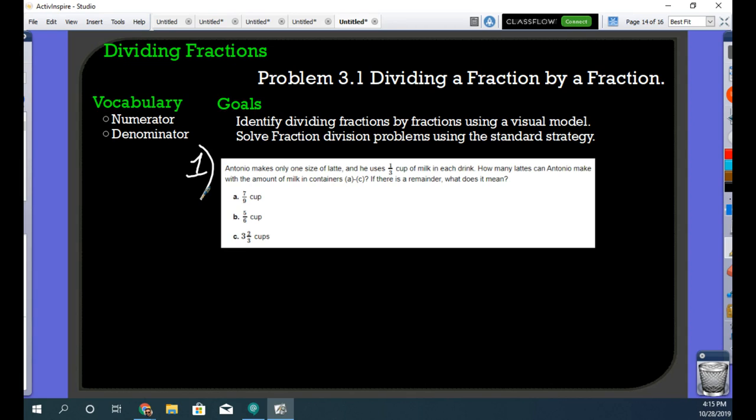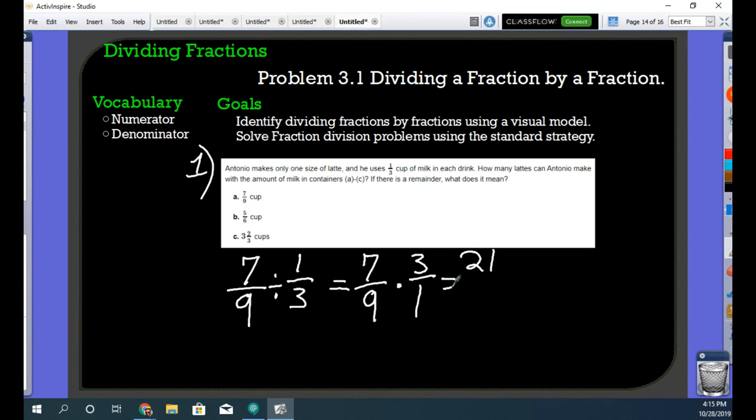So he has 7/9 cups of milk available, and he needs to divide that by the 1/3 cup that he uses per latte that he makes. So using the method that we had before, we're going to change this to 7/9. Dividend stays the same. Division turns into multiplication, and then we flip the second fraction. 3 times 7 is 21. 9 times 1 is 9. 9 goes into 21 twice with